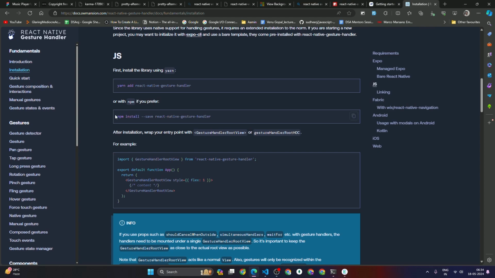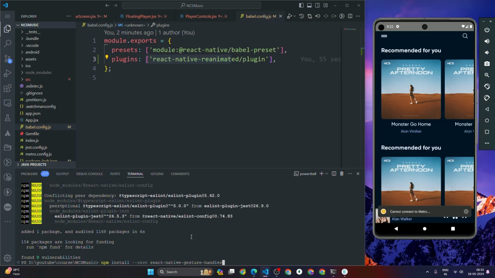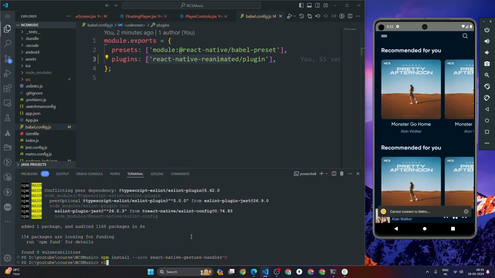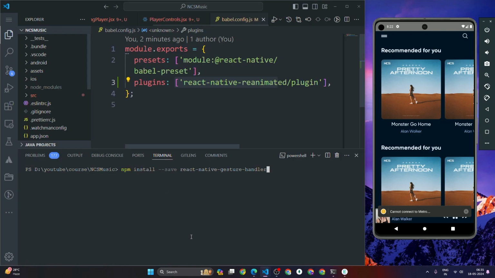As you can see, this is the command, or if you're using yarn, you can use yarn, but I'm using npm, so I'm just going to copy this command and paste it inside my terminal. So let me show you again. npm install --save react-native-gesture-handler, and let's press enter, so it will install this gesture handler